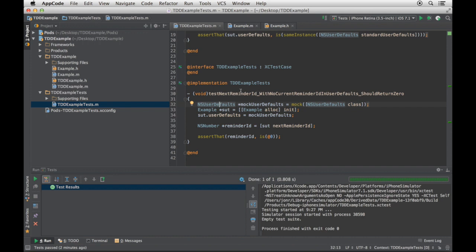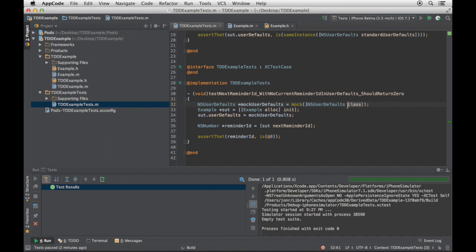And also note, while I'm here, the very long and wordy name, which has to start with test, unfortunately. We don't have annotations yet. Next, reminder ID, so it's like, what am I calling, and what are the conditions, and then what are the results. That's not app code, that's just me.